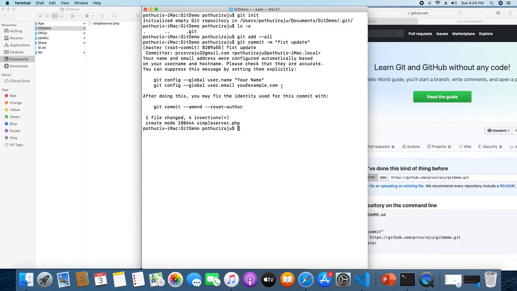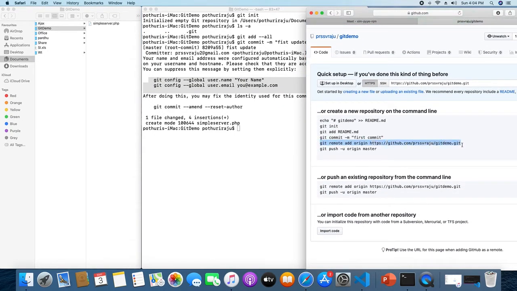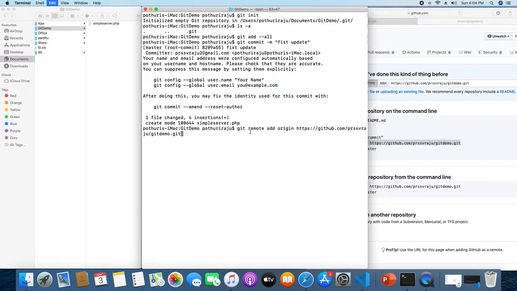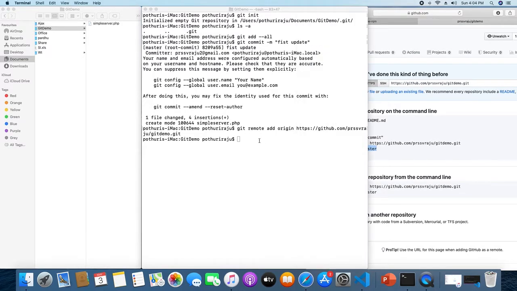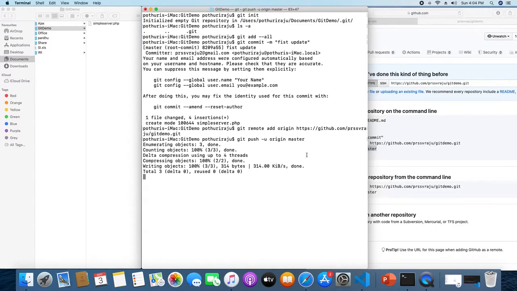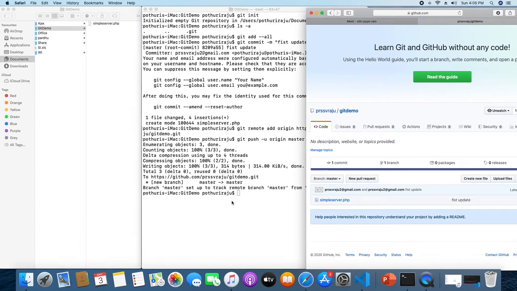As it is a public repository, you don't need to use these commands. If it is a private repository, you need to use these commands to access the private content. So it is public content, I don't need anything. So simply I am going to add the remote repository, and simply I am going to push the things. Okay, if you see these files, you will find that file pushed into the server. Is it clear? That's what I want to show you here.